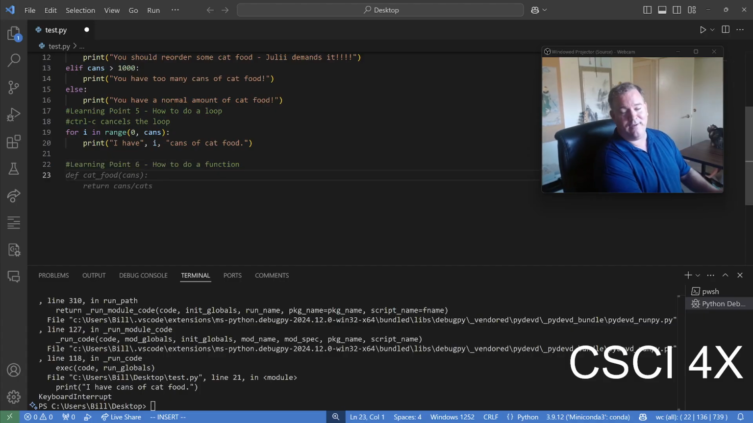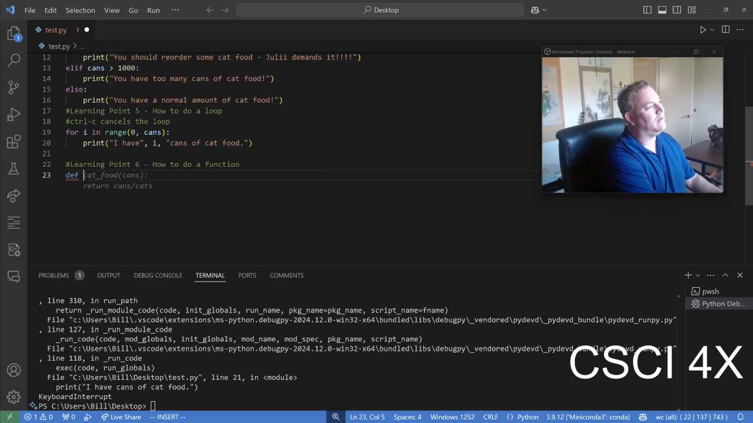All right. So a function is a repeatable block of code. So if you remember algebra, the y is equal to mx plus b, that's a function. Or f of x equals, you know, let's just do something here. Let's define a function called